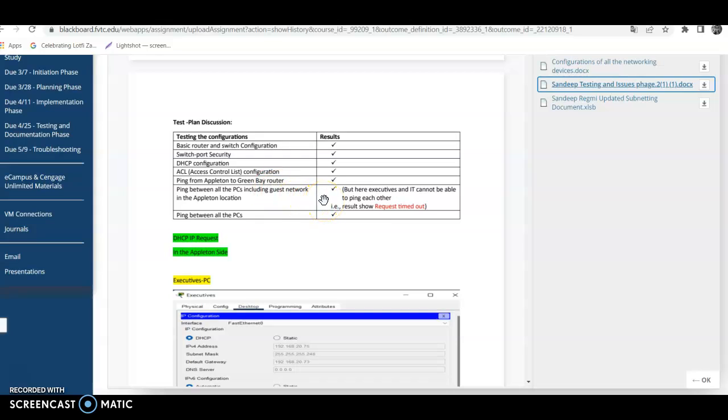But as I said earlier, I had one issue: a request timed out because I was not getting the proper ICMP message, because due to security reasons I have the ACL where it denies the access to the